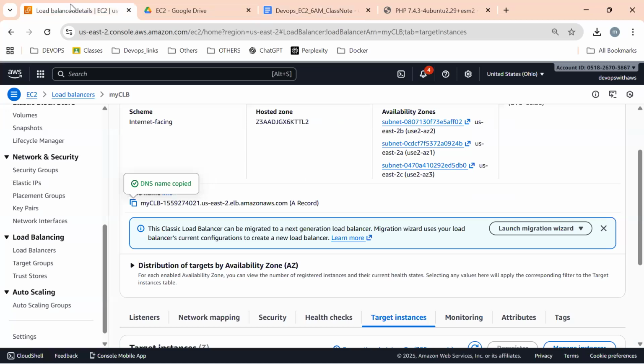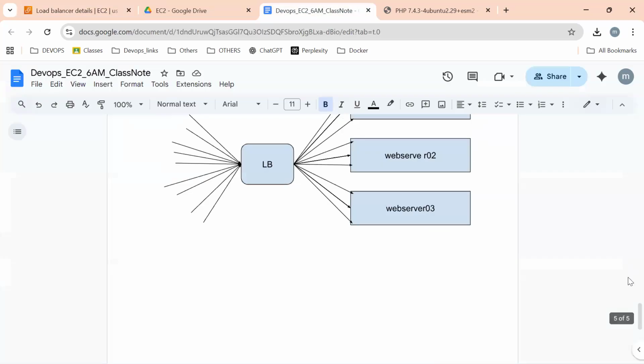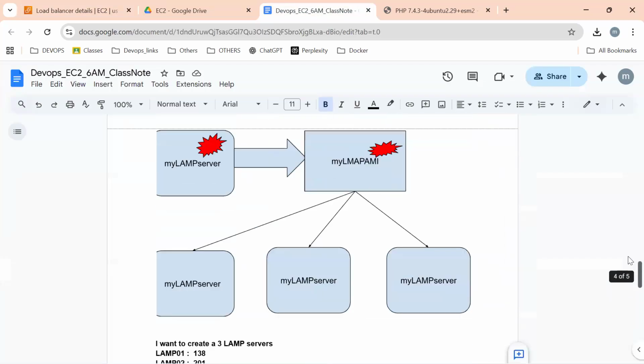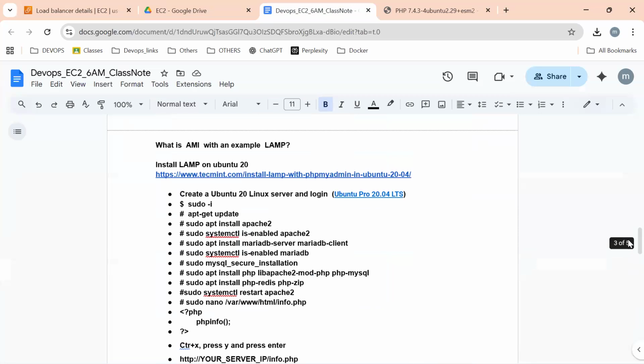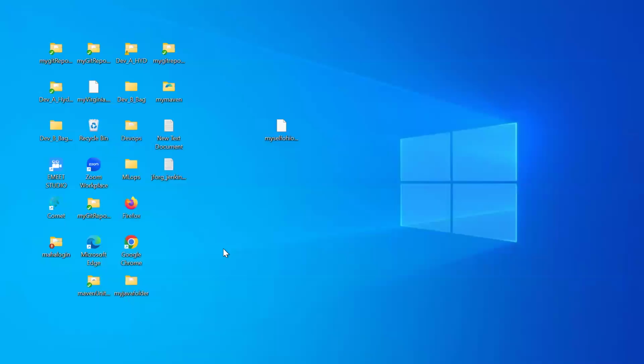All of you students, please make it ready at any cost. I will share this document. With the help of this document, try to complete. I will share this recording session along with this doc and the Linux command steps. Please implement them on your laptop and we'll meet tomorrow. And please wait, don't leave the meeting.